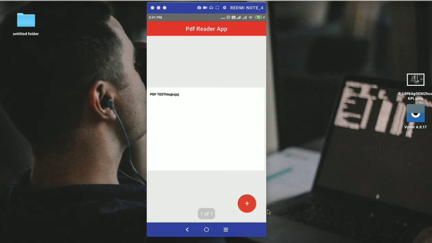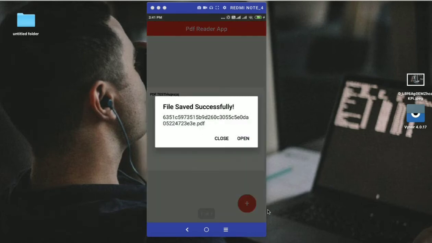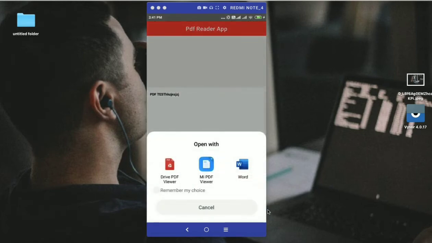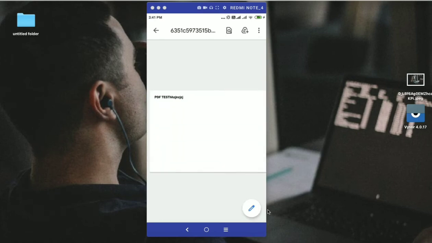You can also take a printout, save the file and open it in another app.